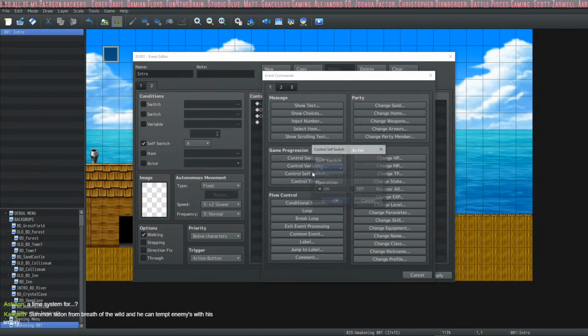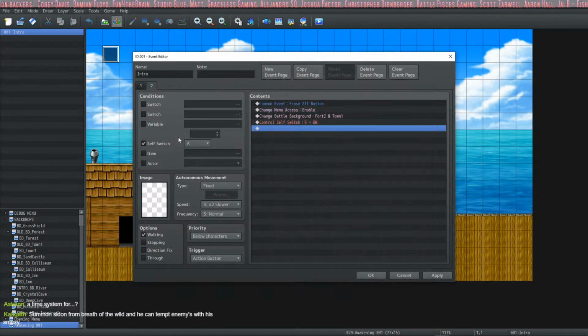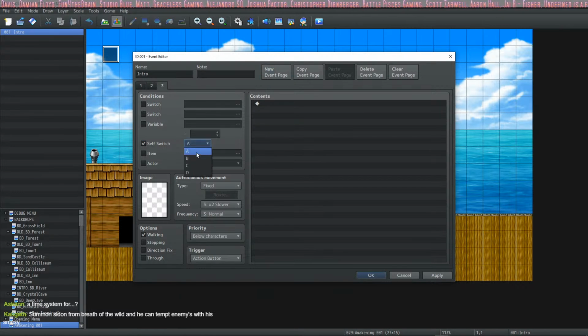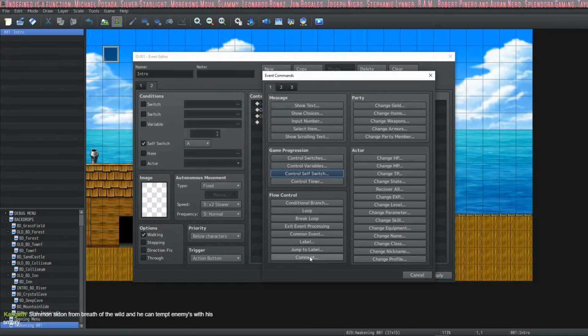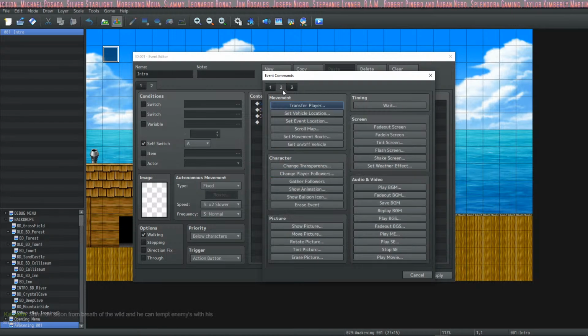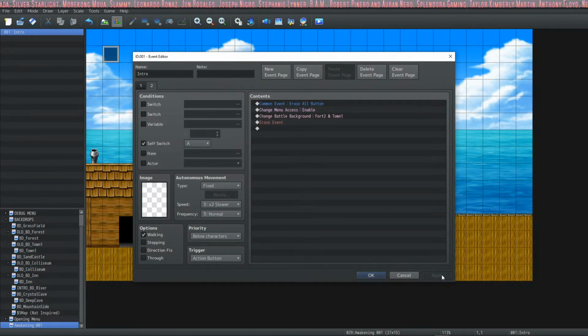Oh, is it a VisuStella thing that makes the tilty characters tilting all over the place? It's weird. I would definitely shut it off. It looks weird. Do what? What now? When you run around your map, your character tilts forward all weird. Really? Yeah. Next time you run around your map, take a look. Okay. I noticed it in a game I played last week, and it looked really weird. I would not have that feature on.